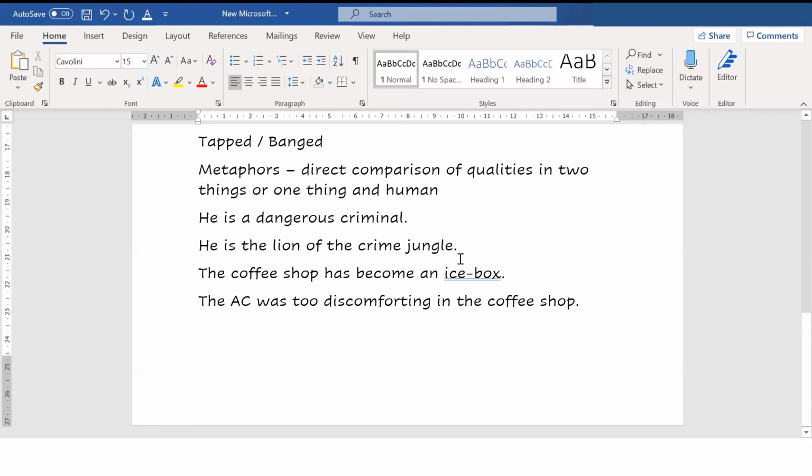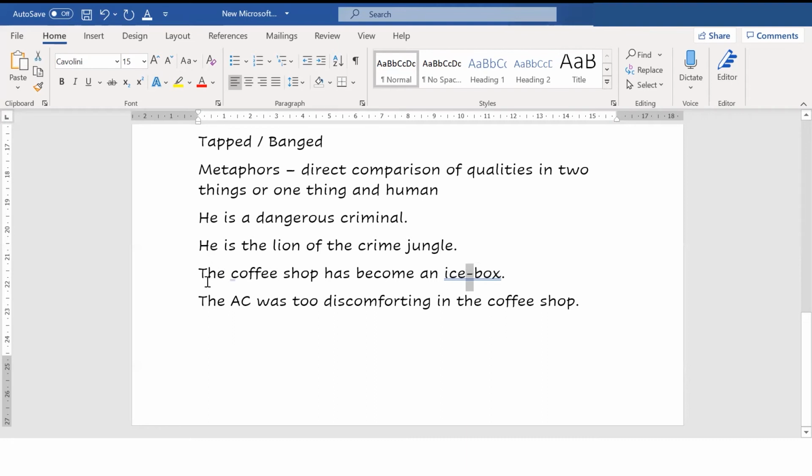No, it doesn't. So what you need to write is that the coffee shop has become an ice box. Here you are comparing the quality of an ice box with the coffee shop.